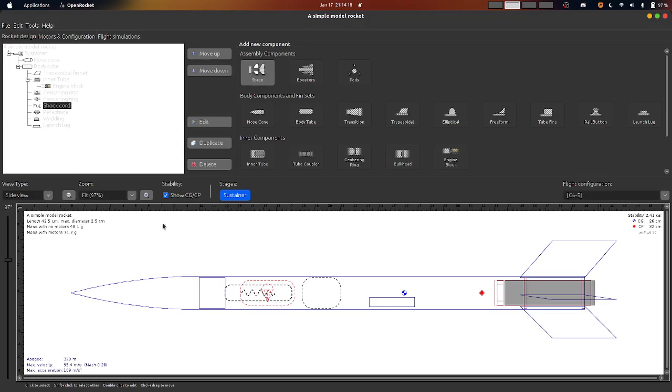Then we have a shock cord, a parachute and a wadding. The shock cord is an elastic material that is used to hold the parachute to the rocket. When it flies and ejects the parachute, you expect it to go down first, then it will absorb the force before it expands the parachute. Then this wadding is used to prevent